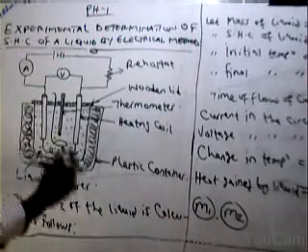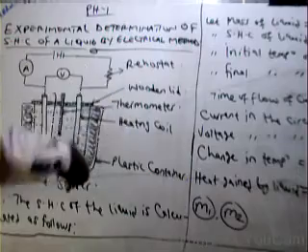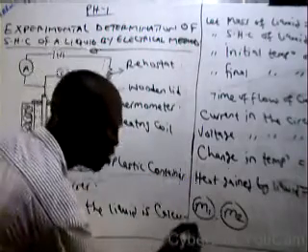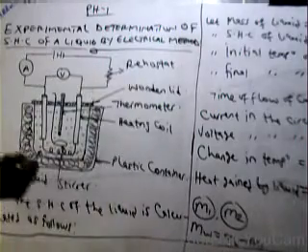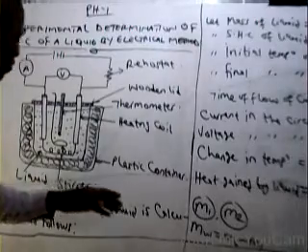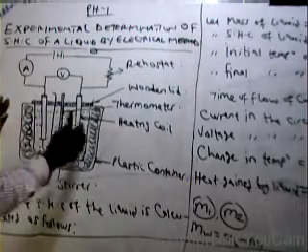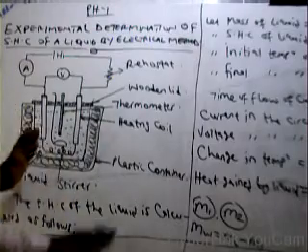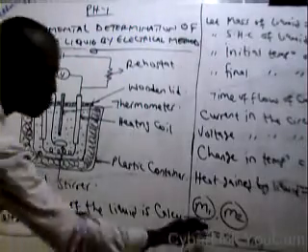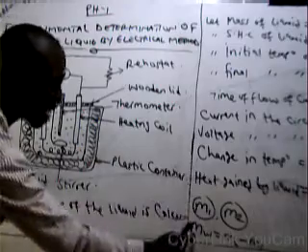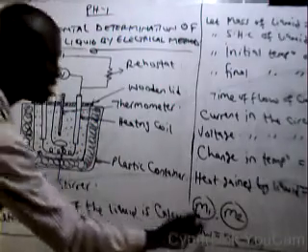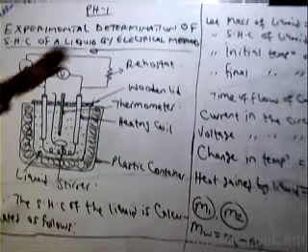So how do we determine the mass of the water inside this container? The mass of the water is given as M2 minus M1. From this mathematical expression, we have subtracted the mass of the empty container from the mass of the container and water, leaving behind the mass of water. Don't forget that M2 is the sum of the mass of the water and the mass of the container. So that's how we can determine the mass of the liquid.